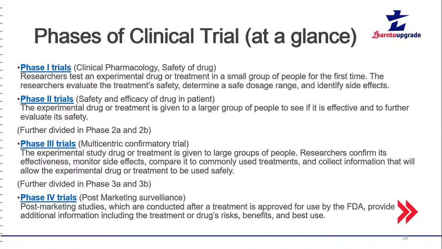That is 2B. Phase 3 is 3A and 3B. Of course, in most of the papers you will find 3A and 3B. 2A, 2B we will not find much, but 3A, 3B you will find. Why? 3A is basically what you know about phase 3 itself. That means whatever multicentric trial studies you are doing in a large group of people, that is what you are actually doing as a 3A study. By the end of 3A, you are ready to file your NDA application